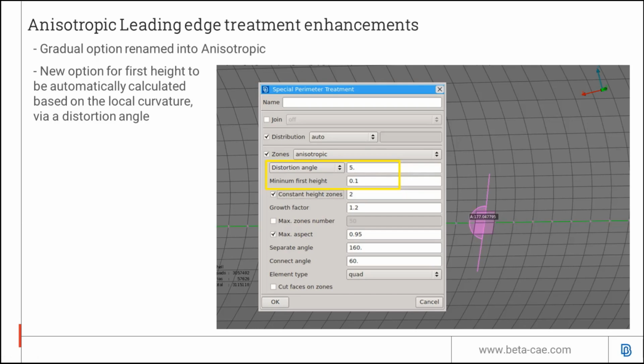For example, on a wing where the local curvature changes with the chord, ANSA will automatically adjust the first height so that the distortion angle is respected. A minimum first height is also specified by the user to avoid excessive over-refinements.